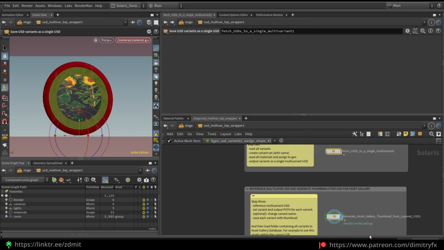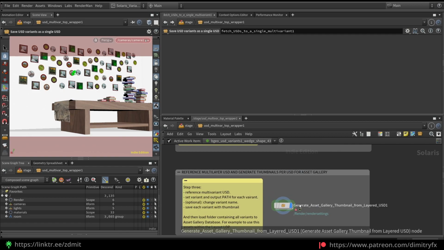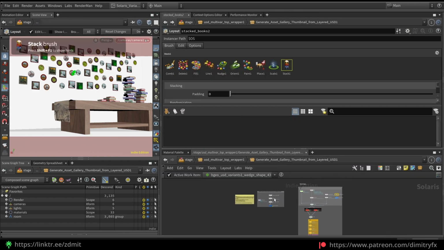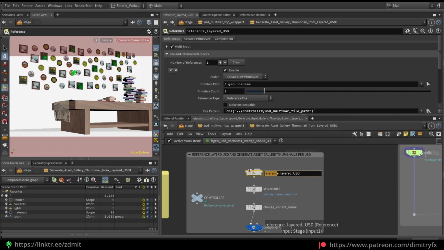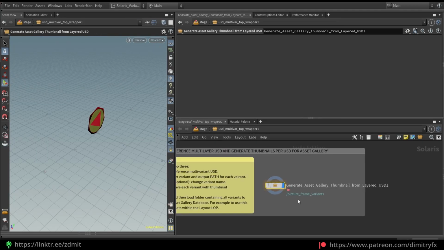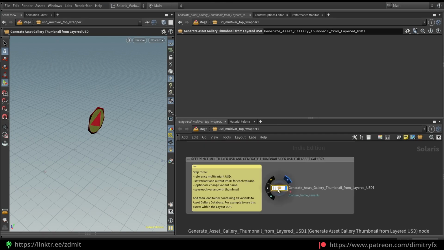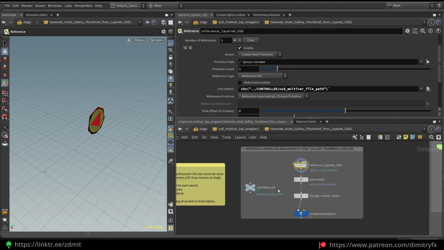And finally, after all of this process to save into a multivariant USD file, you can save everything into separate files by referencing each of the variant files. And finally, if you want to save each of the USD variants separately for a USD assets database, here's how